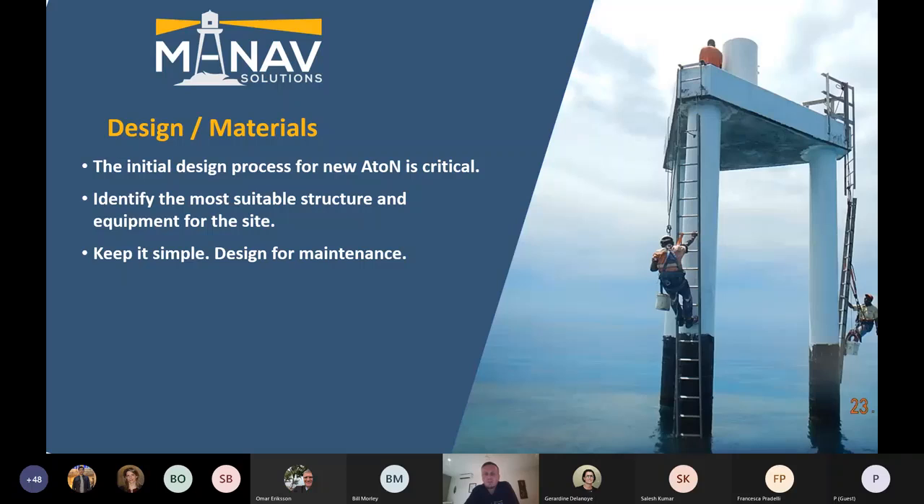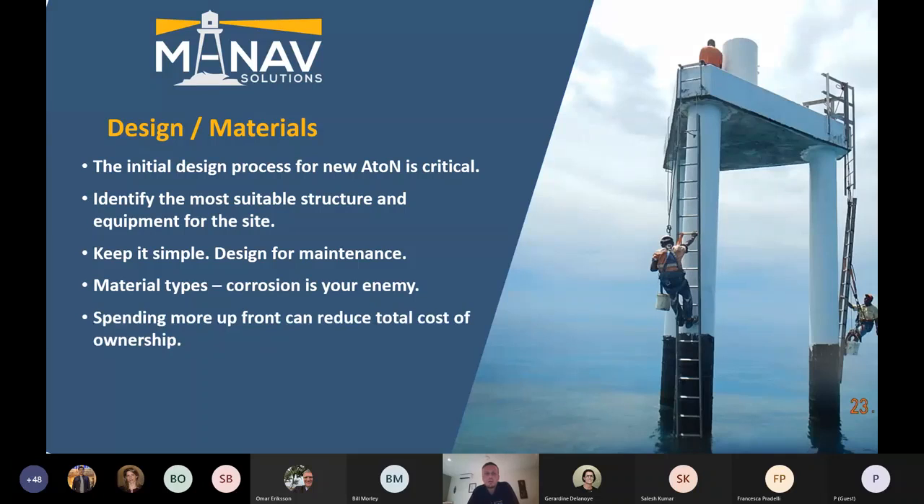And you need to keep it simple. There's a lot of cost in installing AtoN structures. The simpler you keep it, the less expensive it is up front, and you should really always design with maintenance in mind. So you've got to be careful of the type of materials that you use. Of course, we all know that corrosion is the biggest enemy of any AtoN structure, so you've really got to look carefully at the material types that you're using, especially your steels, your grade of concrete, and sometimes spending a bit more up front in using the right materials for your structure